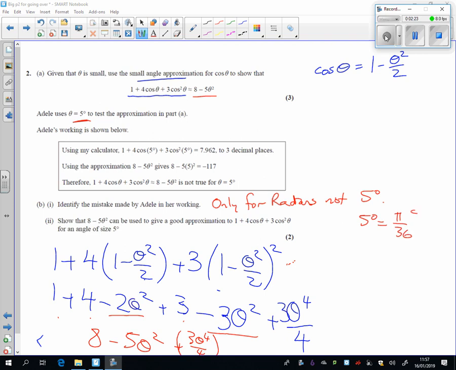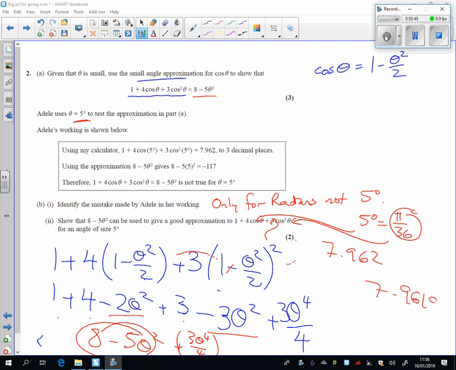And if you put that, and you've got 2 marks, so you've got to put it into both sides of it. So if you put that into this formula here, then you're going to end up getting 7.962. And if you put that into just this part here, then that gives me 7.9619. And so we'll now put a little statement that's saying at theta equals pi over 36, both give similar